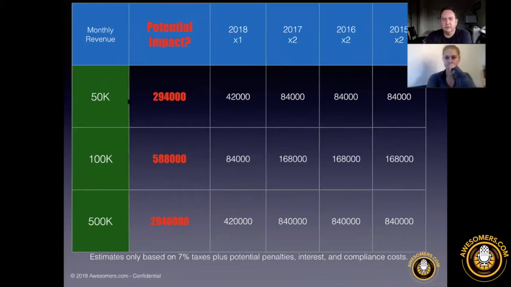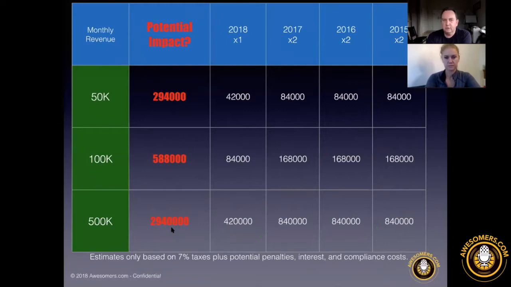So if you were in business from 2015 to 2018, I'm rounding to the end of the year, by the way, of 2018, that's $294,000 of potential taxes or a potential impact to you. Now, you never collected the taxes. You never put that onto your sale. So this is not something that you anticipated. And if you're a 100K seller and you have that length of time, this is 100K in monthly revenue, you would need about $588,000. And if you're a larger seller during that time, you may owe close to $2.9 million. So that's a lot of money.